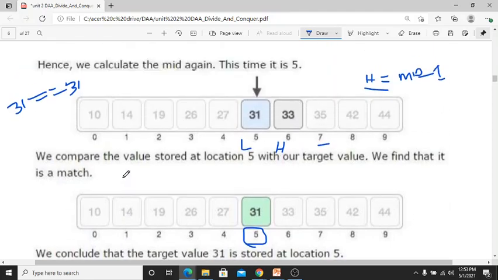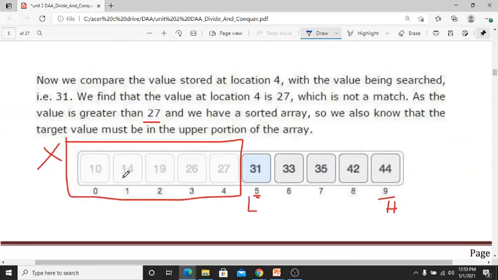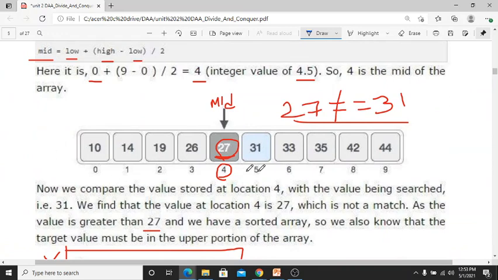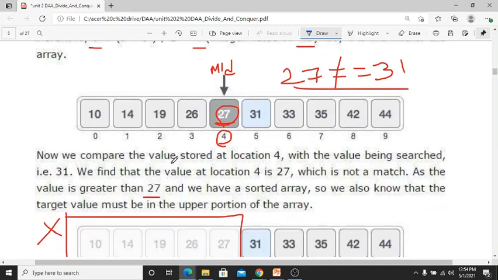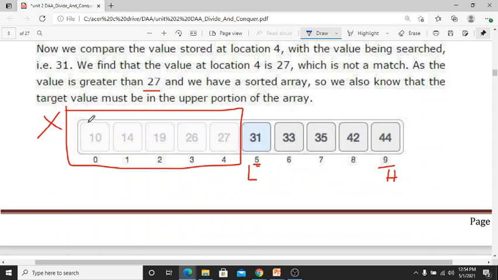Because we are not looking at everything. See here, once again I will repeat, this is our array. Whenever we get the mid value, we select which part of the array to use, the right hand side or the left hand side. When you select one side, you are not performing any operation on the other, so you save that time. Because of that, binary search is the fastest